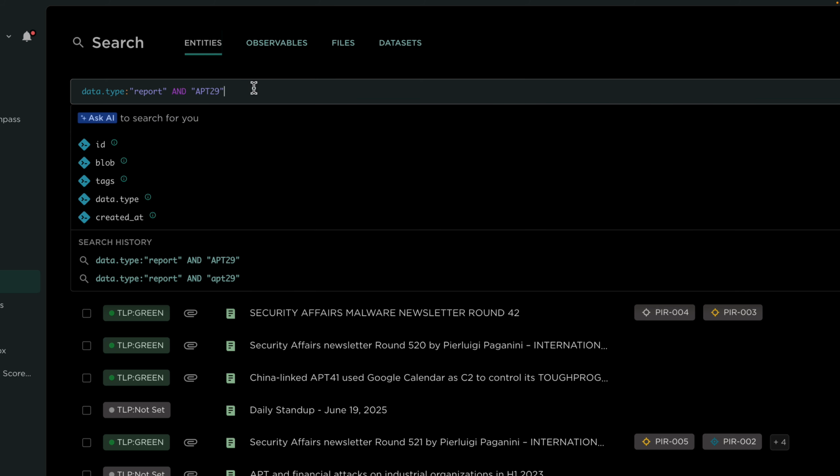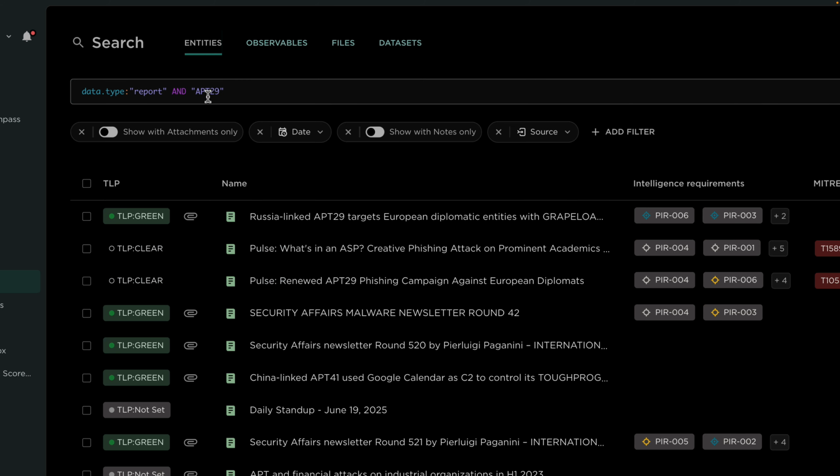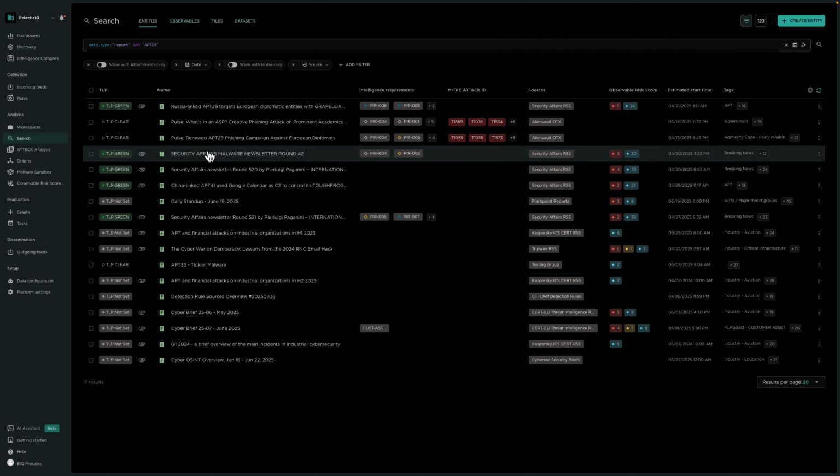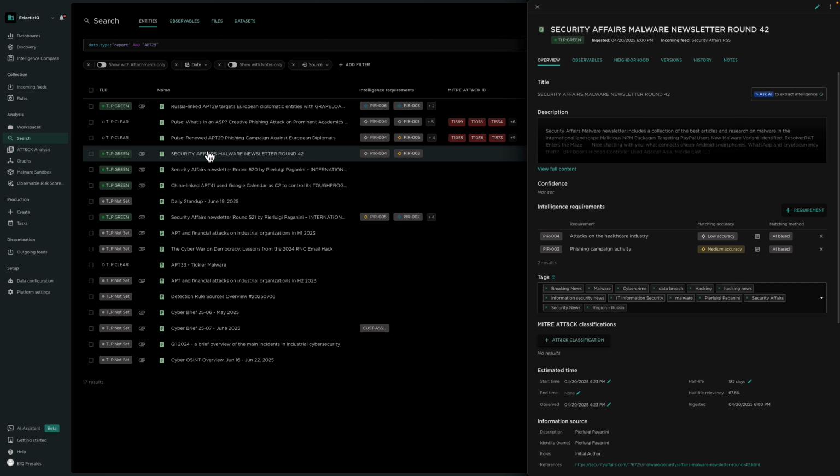I could then include additional aliases for this information and expand this rule in case there's other aliases used by different sources. Any attribute of any entity can be used as part of a search and therefore also part of a discovery rule. Taking a look at this entity on the right, we can see lots of information that we